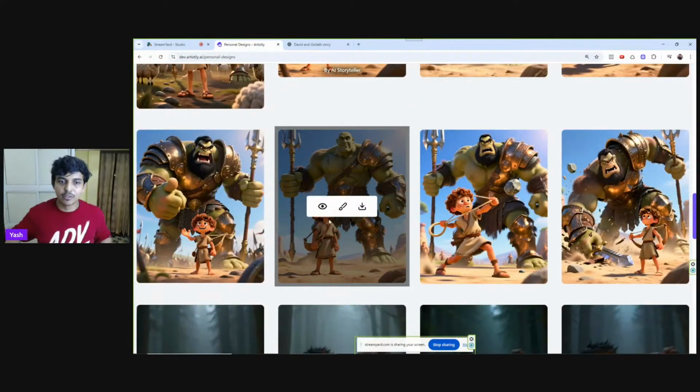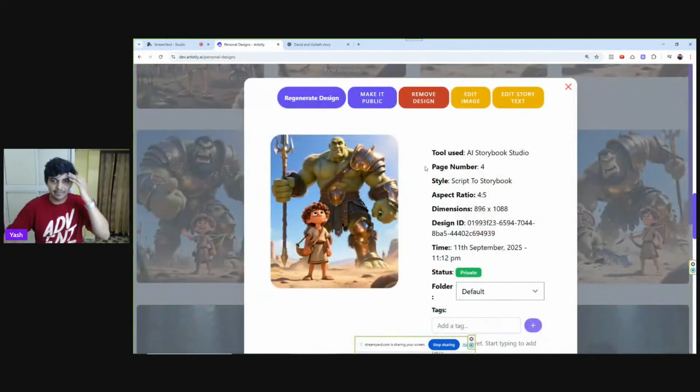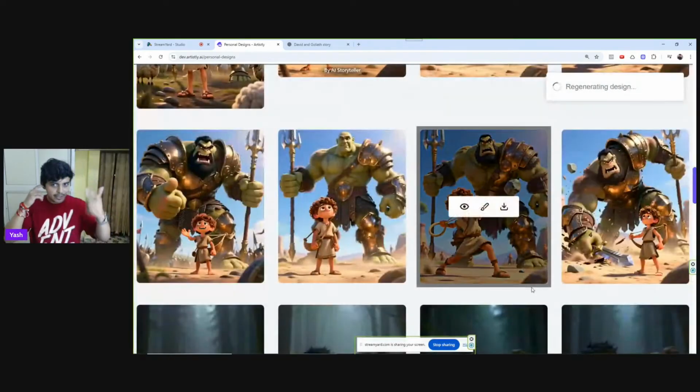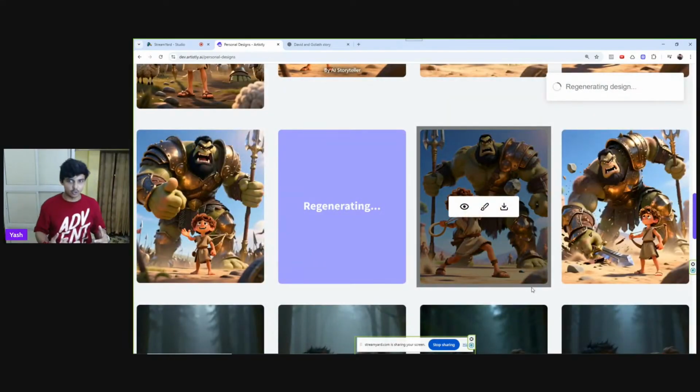See, I asked it to remove the beard, and it removed the hair. So you have to be a little bit careful with AI. I'm tweaking it. So, add the beard and hair to the giant. I'm working on making it better so it follows the text perfectly.